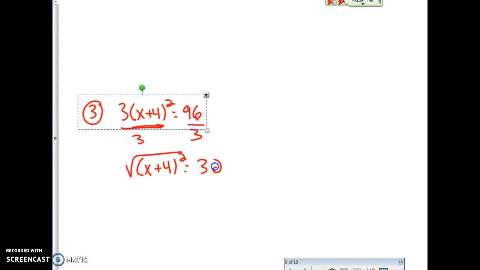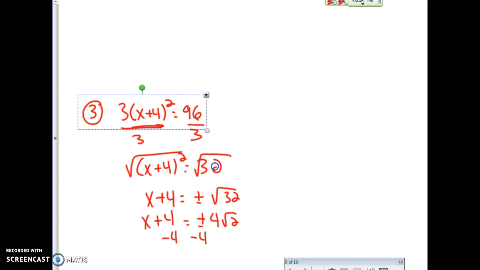And I'm going to square root both sides. So I have x plus 4 equals plus or minus square root of 32, which is plus or minus 4 square root of 2. So I have x plus 4 equals plus or minus 4 square root of 2. Subtract 4, subtract 4. And I get x to be negative 4 plus or minus